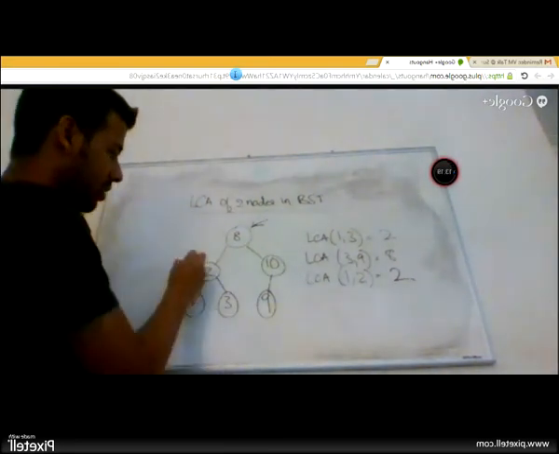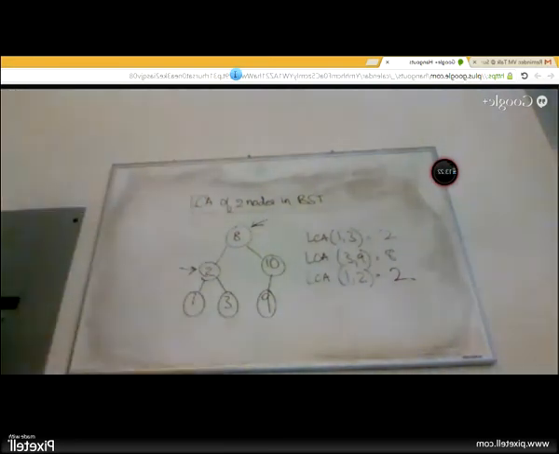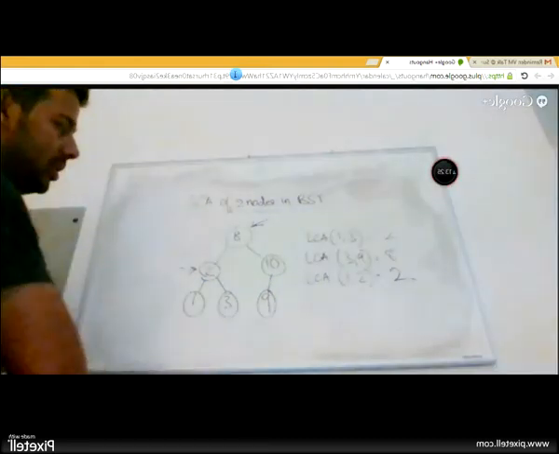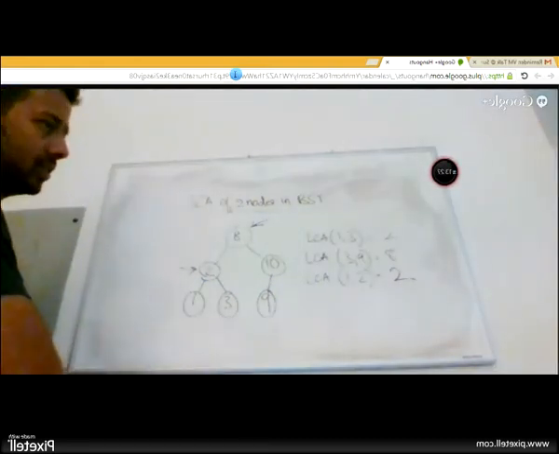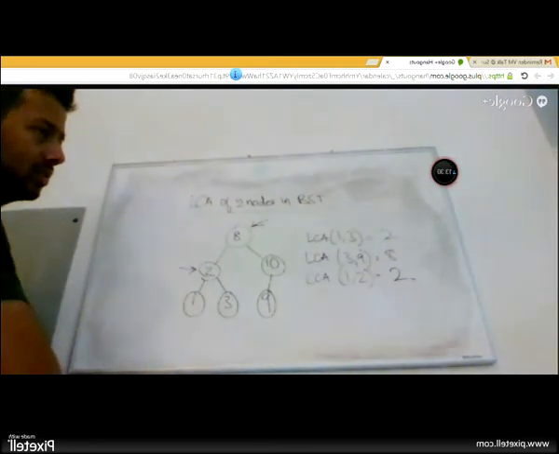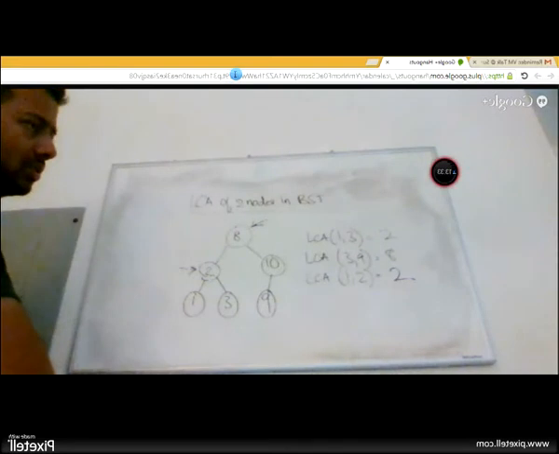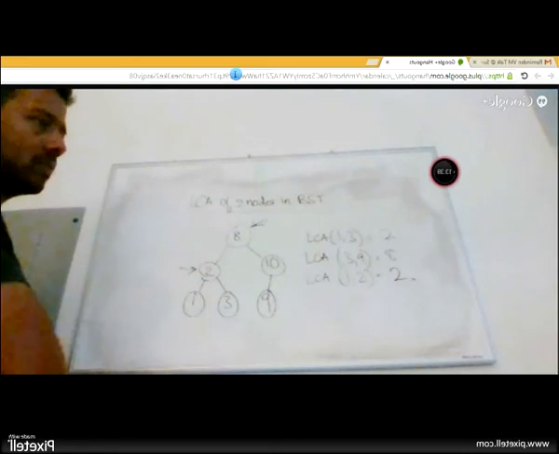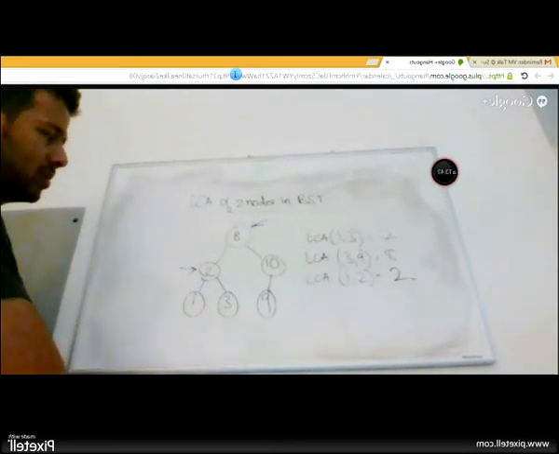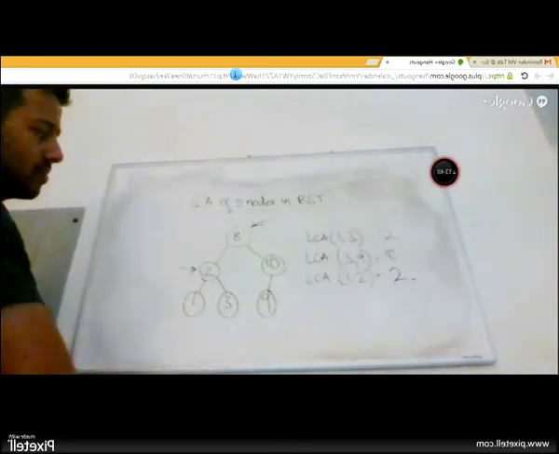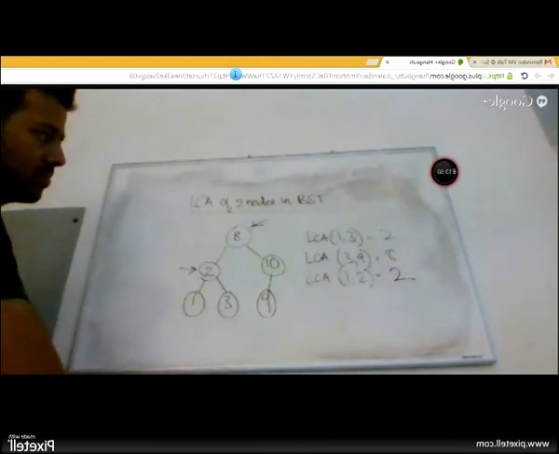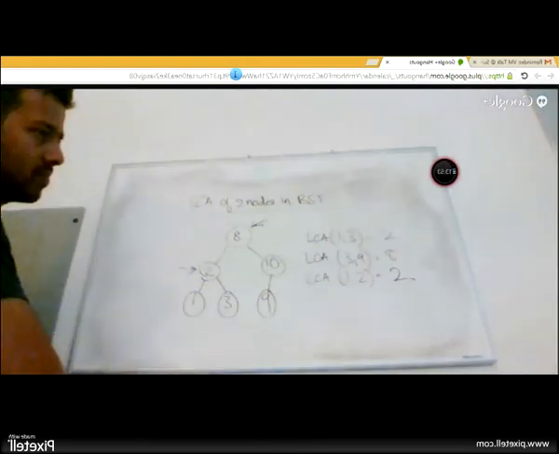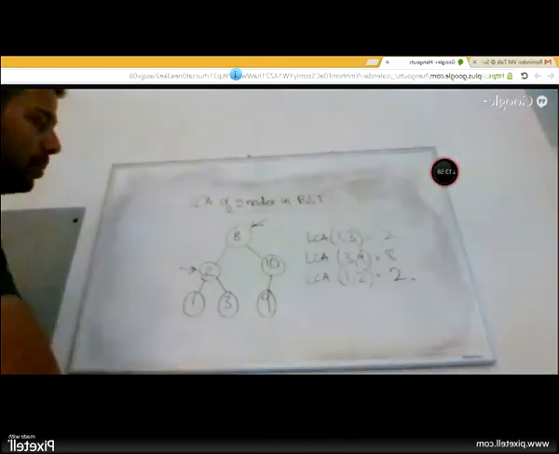Then I come to 2. I'm here. Now what? Again compare 1 and 3, and 1 goes left and 3 goes right. So 2 will be the common ancestor of 1 and 3. So I'm at 2. What do I do at 2? You compare again 1 and 3. Now I have a split. Now I cannot just go to one side. So what do I do? Whenever you have a split and you fix the node to the parent, then that parent will be the common ancestor of its children. What do you mean by fix the node to the parent?